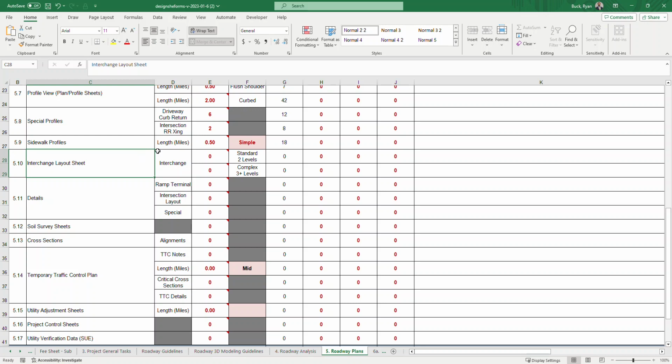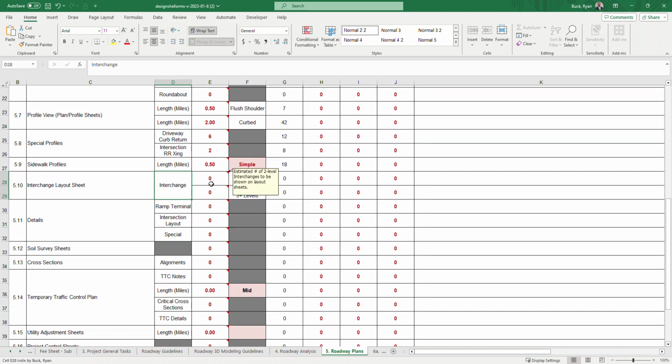5.10 is the interchange layout. Right? So then we have number of interchanges. Let's see, I said we had one up there, but the number of 2-level interchanges to be shown on layout sheets, or you could put the number of complex, right, which would be multi-level interchanges to be shown on the layout. And you could have multiple of both on the project. In this case, we only have one of these, but you could fill out those and it would recommend the